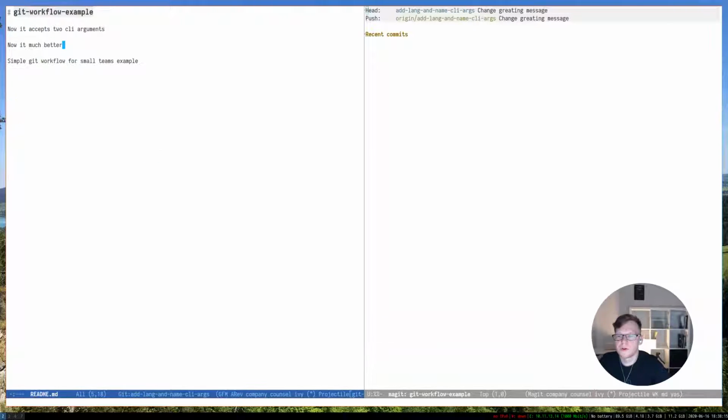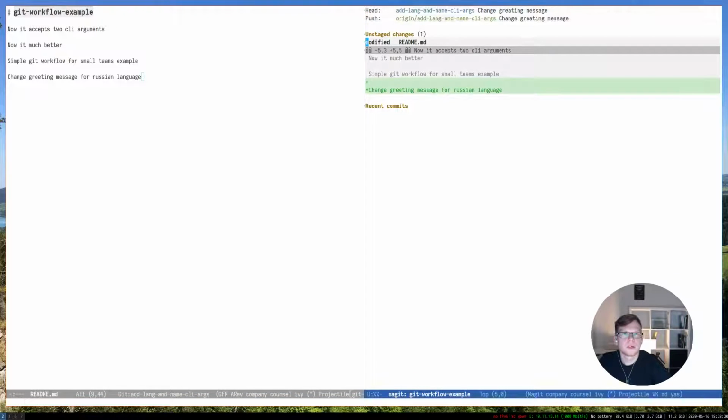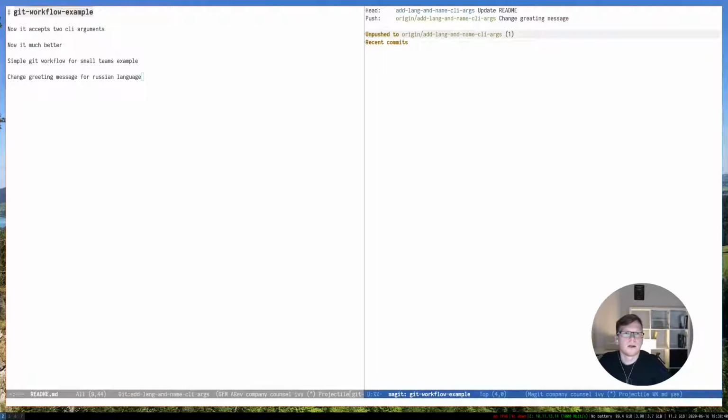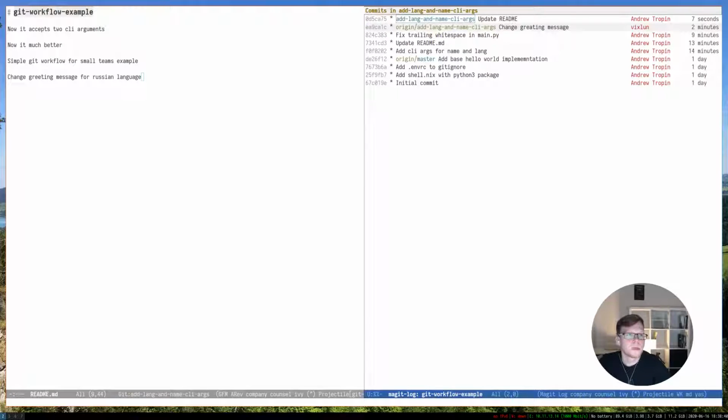And also let's update our readme. Change greeting message for Russian language. Cool. We updated our readme. Update readme. And now we have history of commits in our branch and everything fixed that we wanted, but there's some problem